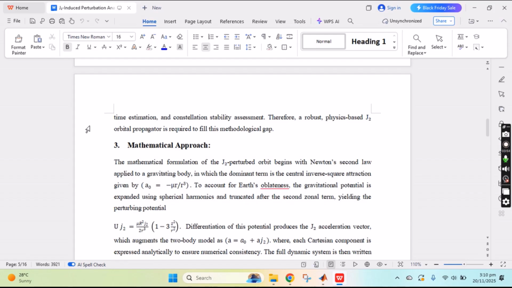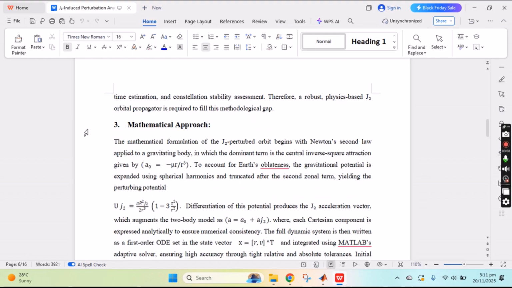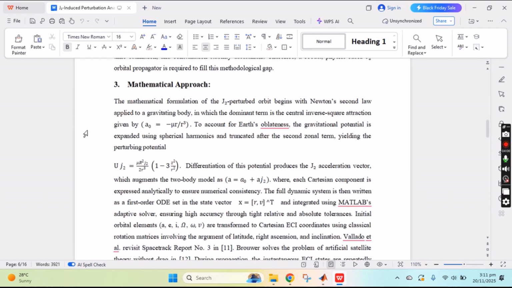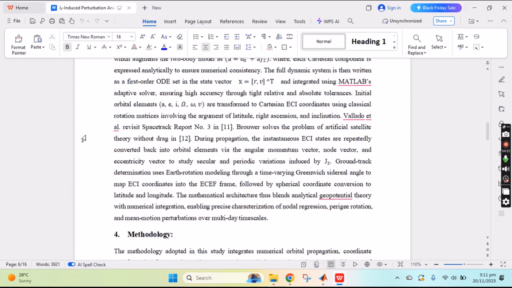In the mathematical approach, I have used the equations, for example, differentiation of the potential produces the J2 acceleration vector. It also accounts for Earth's oblateness. We have used the gravitational potential expanded in spherical harmonics and truncated after the second zonal term. So here is the